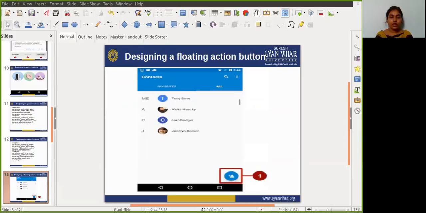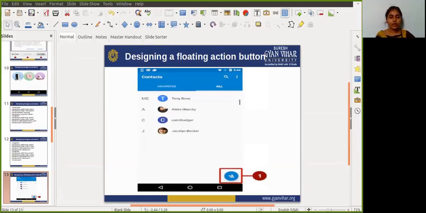So you can set the mini size, that is 30 by 40 dp, with the app:fabSize attribute. When you use the app:fabSize attribute, you need to pass mini as a value for setting the minimum size of the button.